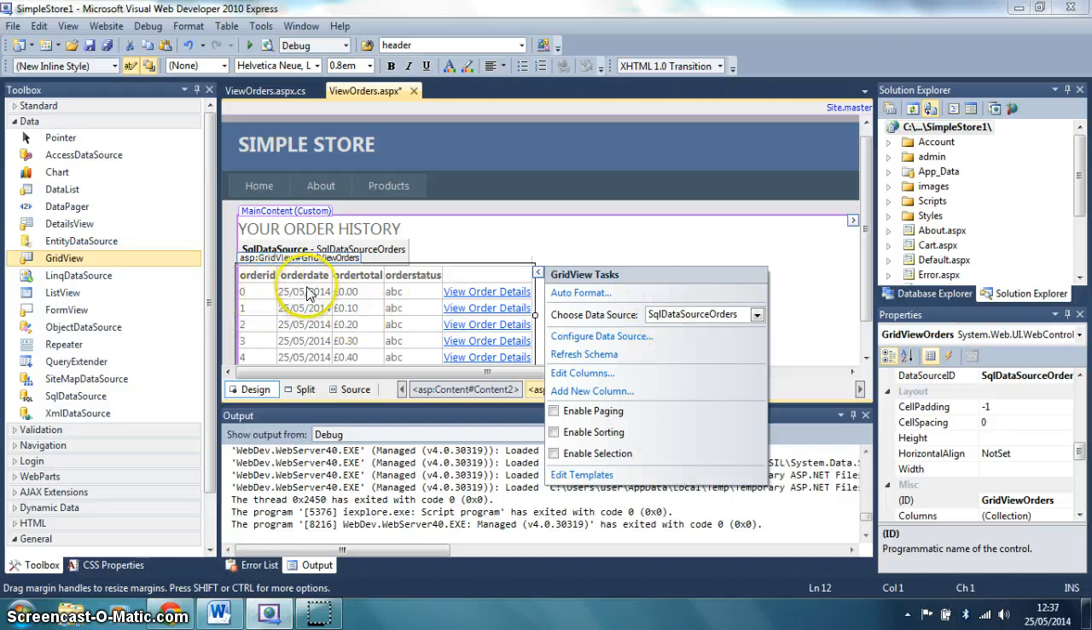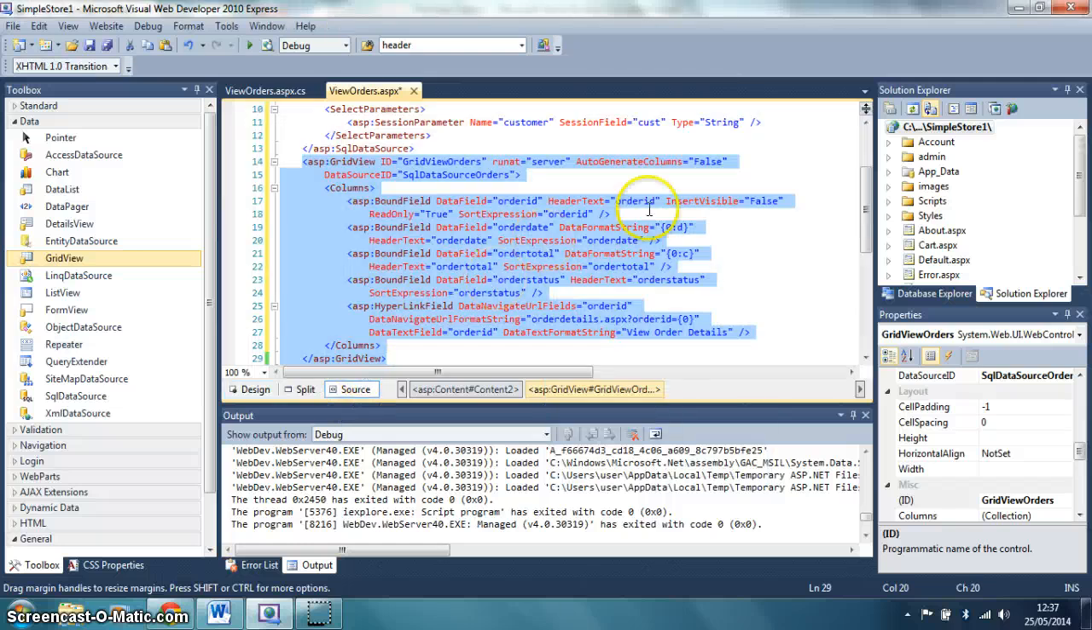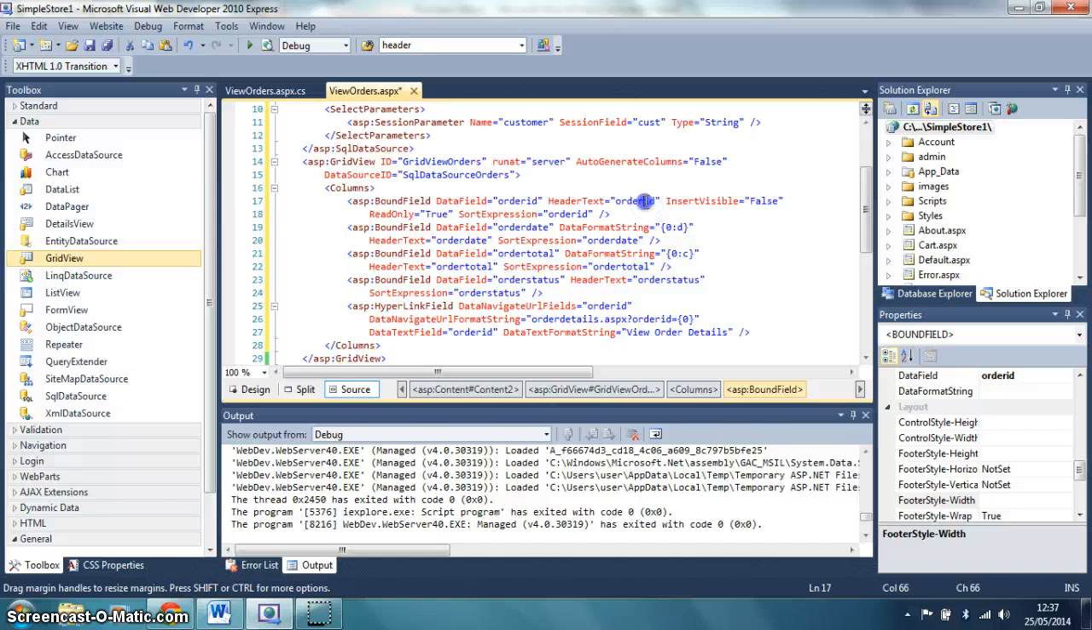and our grid view should look something like this. Order ID, order date, order total, order status, and view order details. And if we look into the source, this is what's being built. You might want to change your headings here. So I'm going to change my header text here to be order ID. I'm going to change the header text here to be date